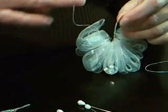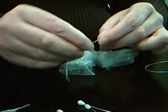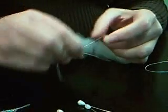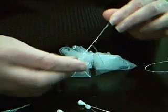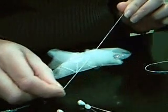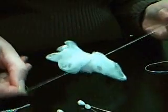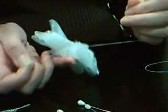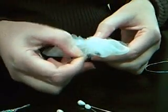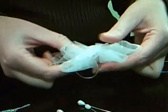Now, you're going to take those loose ends from your thread and you're going to knot it once. You're going to make it twice. And then the last time, which is the third time, is the charm. And carefully start forming the flower. Now, if you can notice, it's starting to take that flower shape. Now, of course, you're going to have to adjust with your fingers, and you're going to have to fluff up